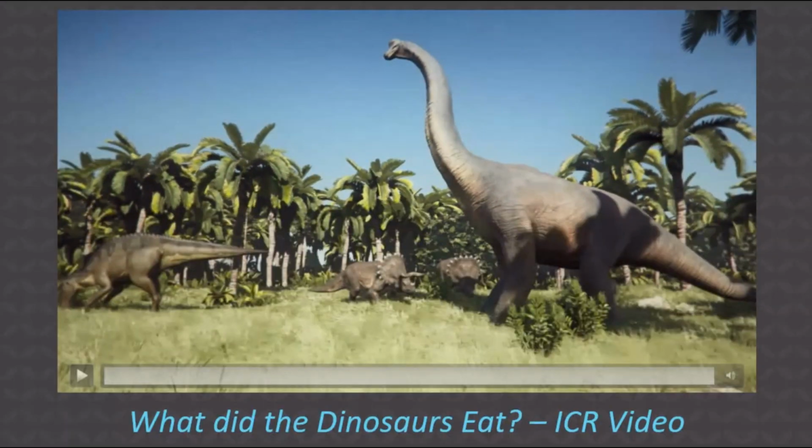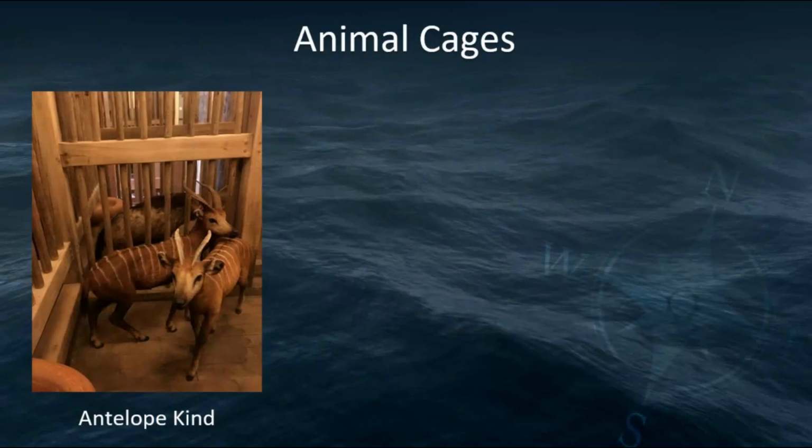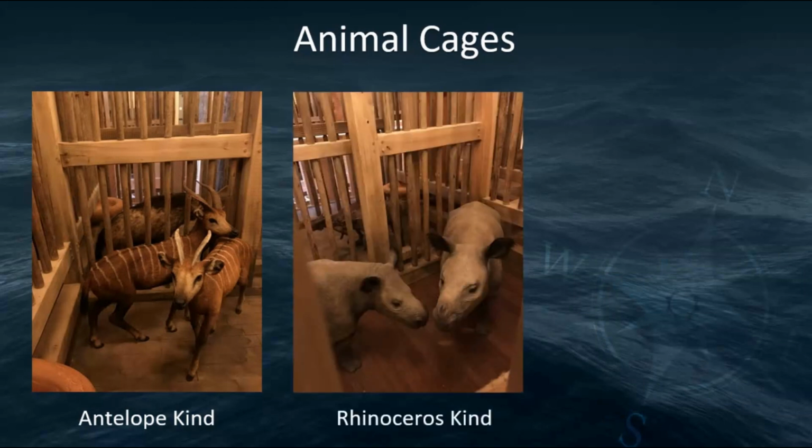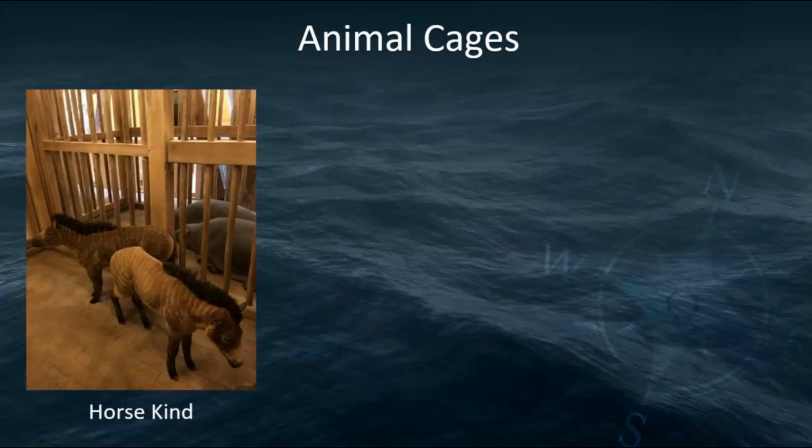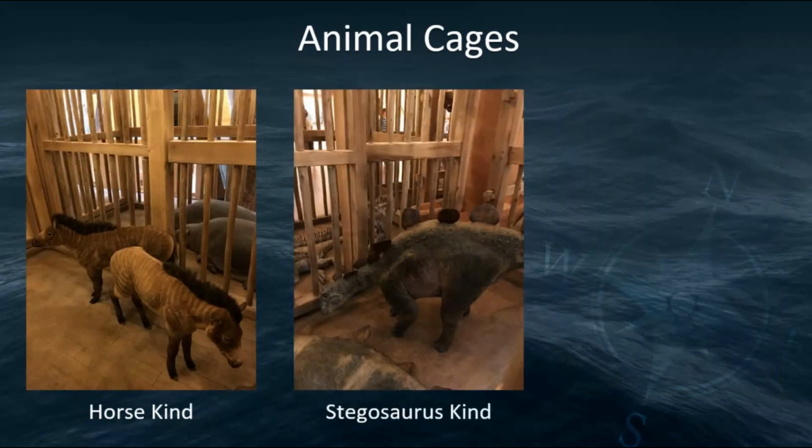Okay, so they're finding in the fossil record that the dung of the dinosaurs had grasses and rice and vegetation. So isn't that interesting? Kind of verifies what the Bible says, that animals tended to be vegetarian. So in the Ark Encounter, they try to depict the animal kinds, similar animals that may have been there during Noah's time. So you have cages for the antelope kind, the rhinoceros kind, the giraffe kind, and actually they believe that back in Noah's day, the giraffes did not necessarily have long necks yet. That came out later. The horse kind, the stegosaurus kind,